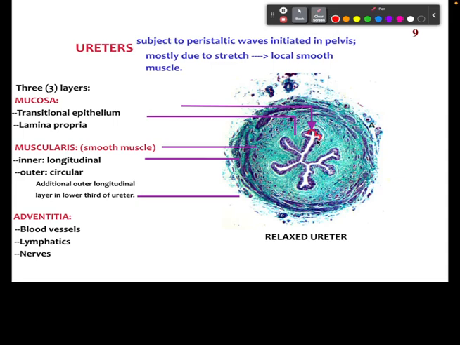As you can see, I'm outlining in red. So the mucosal layer keeps going around. We also have the muscularis layer and the adventitia layer. Right. So these layers should sound similar because we discussed this in previous units. But the point is, these layers are going to make sure that they have the epithelium that they need to make sure that they are lined so that when the urine travels down it, it doesn't rub up against it